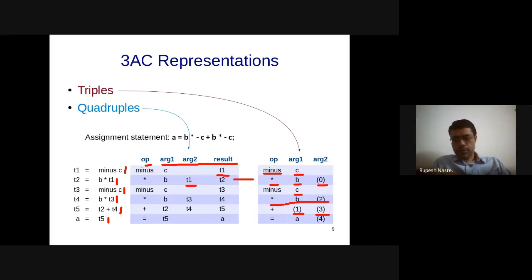So Sarthak is saying optimization is easier in triples as we are assigning numbers. I see. So why do you say that? I didn't understand it quite properly.